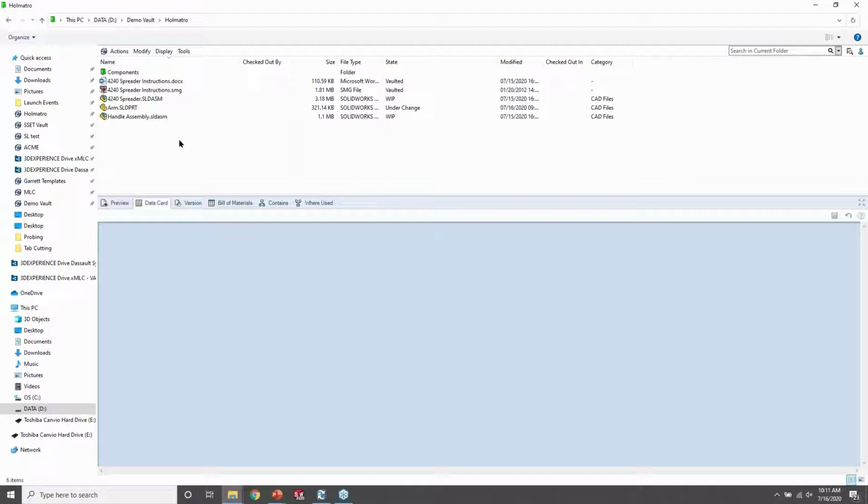So along with data cards, other areas where we can really make data visible and customize what data people are able to see would be with our column sets. So in PDM, we have our default columns up here in File Explorer. So things like checked out by, size, file type, state, when it was last modified, all those standard items. But you can add additional column sets. So if there's something you would like to be able to see, maybe without having to go look for it on a data card or on a bill of materials or somewhere else, you can add additional column types, and